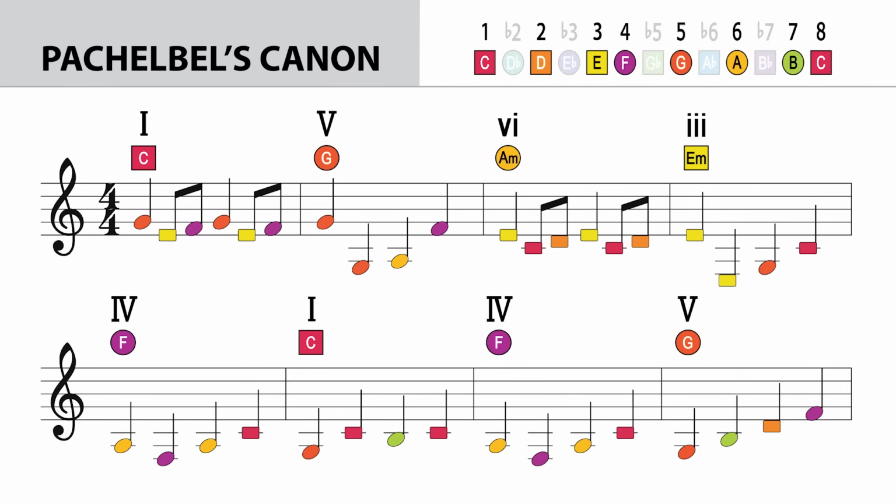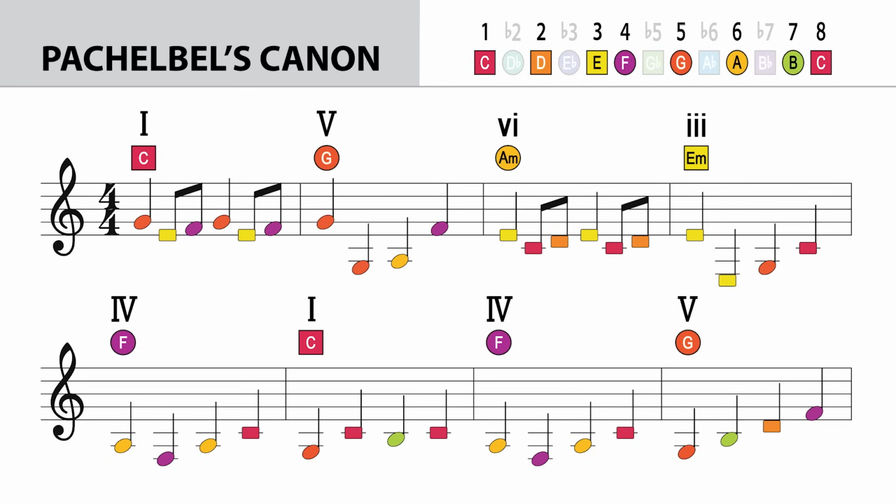And it sounds especially good because it was written in a major key, which sounds nice, like the key of C major in our example here. Basically, Pachelbel took the notes of the C major scale and rearranged them into a melody like this to come up with this classic tune. And by adding chords from the key of C major as well, the song sounds complete with a sort of